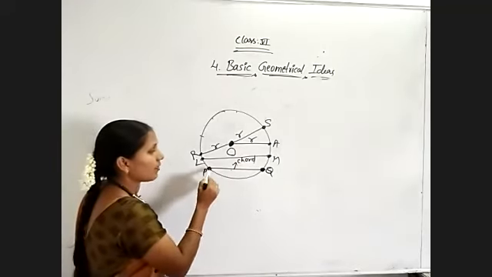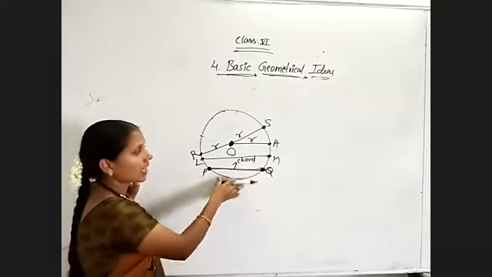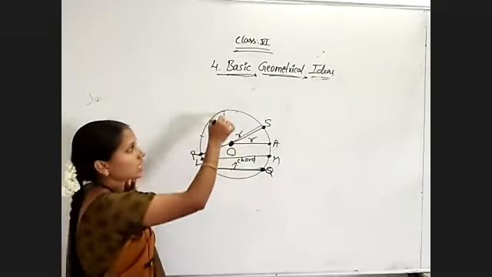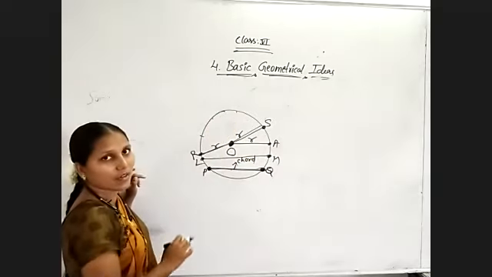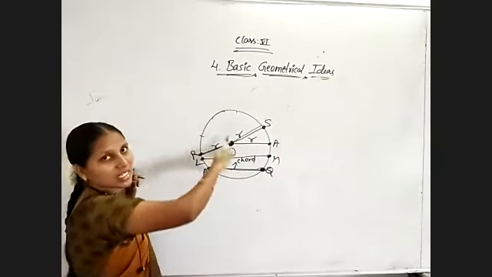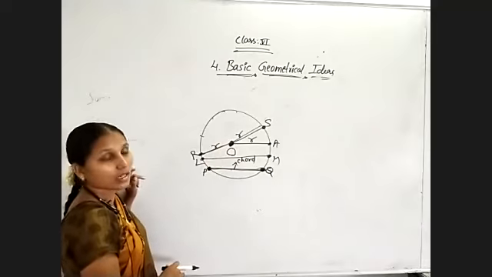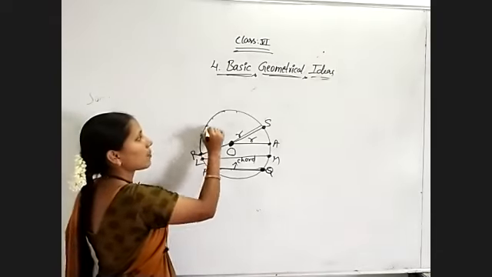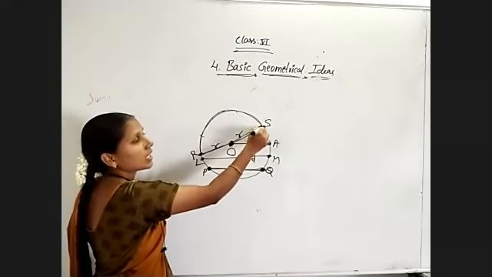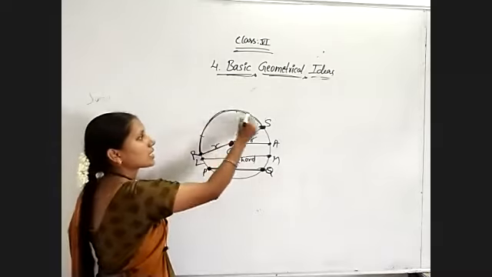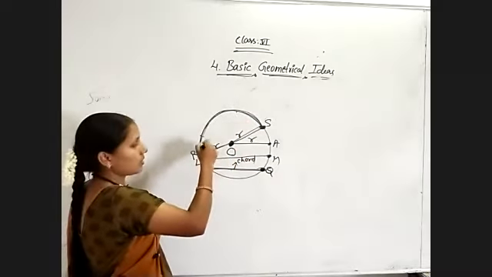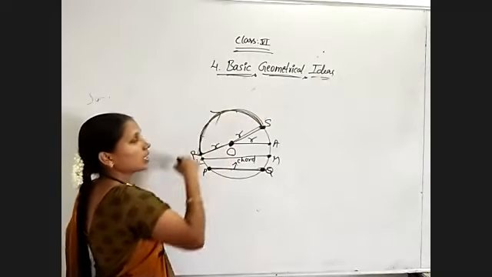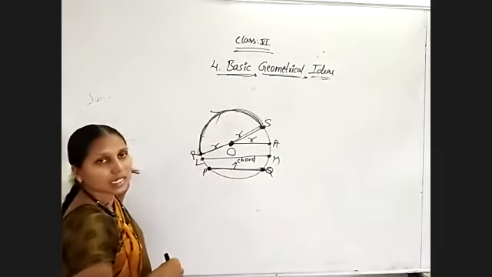Every chord has a different length, but whatever longest chords you draw, all those have equal length. That is nothing but all the diameters have equal length. Okay, next, after this, the arc. See, some part of the circle. This is a circle only, no? By completing it, we will get the circle, but only some part I am taking. That part is known as an arc.